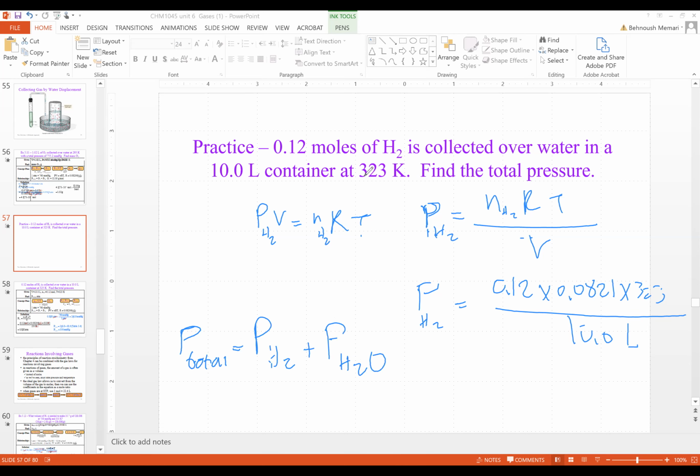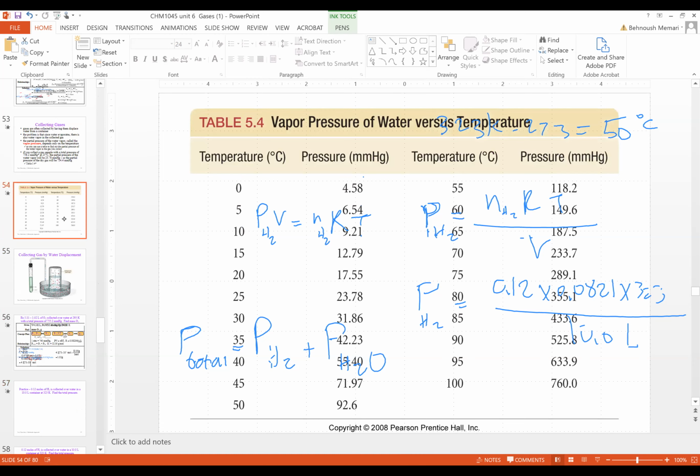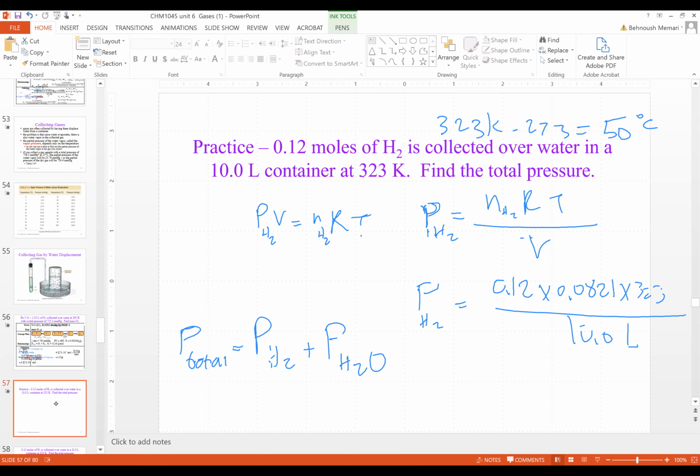323 is 50 degrees Celsius. So 323 Kelvin minus 273 equals 50 degrees Celsius. In that table, we should look for 50 degrees Celsius and find out the vapor pressure of the water at 50 degrees Celsius. As soon as we have that number, we can do the addition. So it's 92.6. So the total pressure